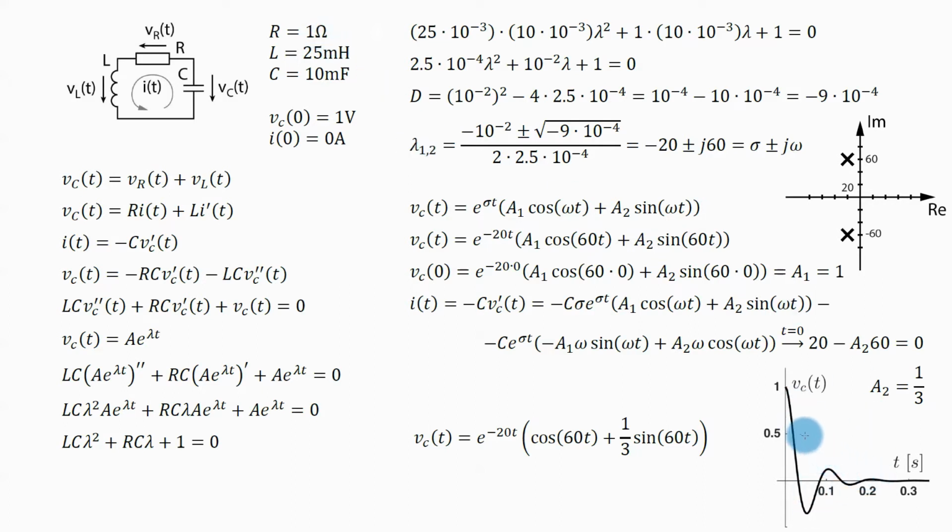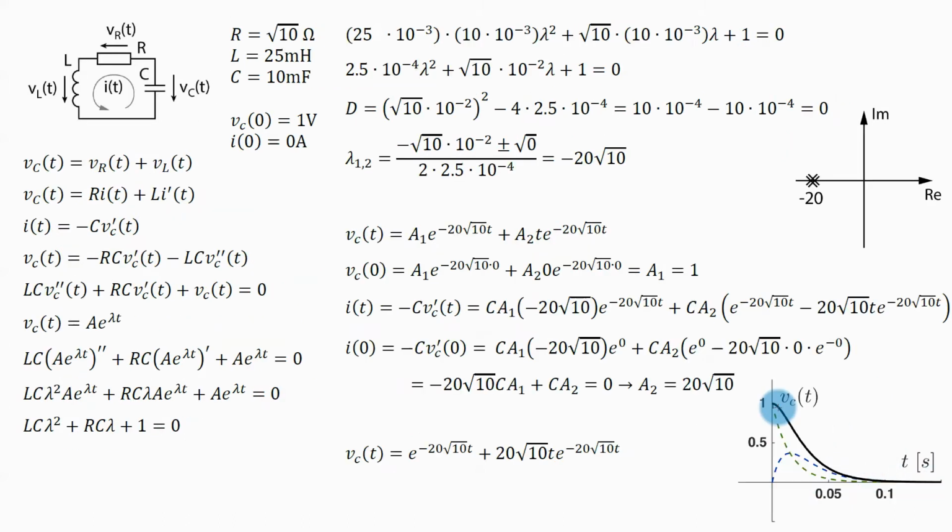If I do not want this oscillatory response, if I do not want this overshoot to negative values, and I do not want to wait for these oscillations to dissipate, then the smallest value of the resistor which I can